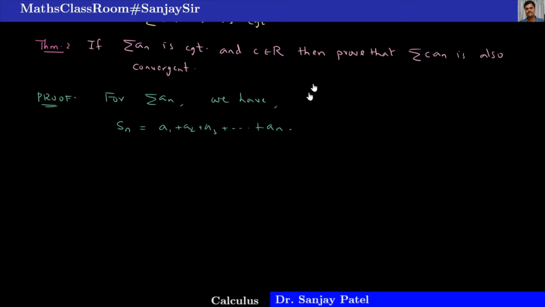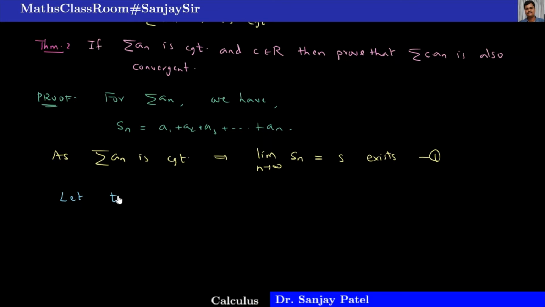Okay. Now, as sigma an is convergent, we can say that the limit as n tends to infinity of the partial sum Sn exists. This limit exists and is equal to some finite real number, say S. So this limit exists. Okay. Now we want to prove that sigma C into an is also convergent. And for that, let us consider,